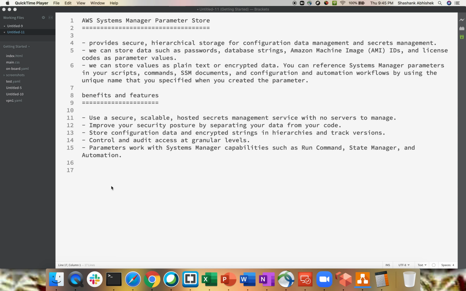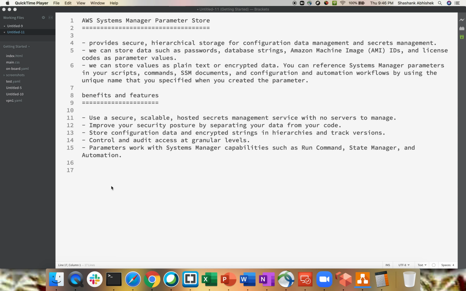With the help of Parameter Store, you can store all your parameters from your server.ini or configuration file in Systems Manager Parameter Store, and from there you can use Run Command to deploy your application across your environment. So you don't have to store your parameters manually in your ini file to do a silent installation.